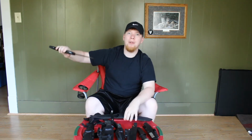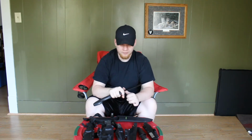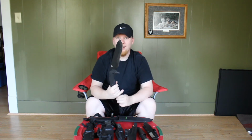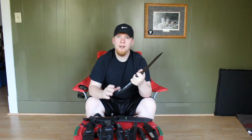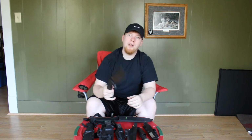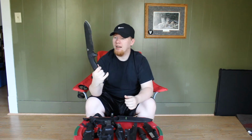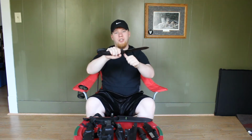If you're into chopping, I have a Jessica X, a Schrade Jess X. Now this is a chopping beast. I use this for yard work. If I need to trim down some brush or delimb some trees, you know, I use this quite a bit actually. It's fun to use. It has the different hand positions to do different things, and